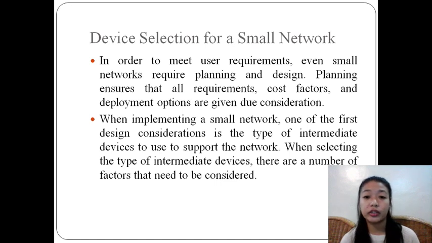Device selection for a small network. In order to meet user requirements, even small networks require planning and design. Planning ensures that all requirements, cost factors, and deployment options are given due consideration. When implementing a small network, one of the first design considerations is the type of intermediate devices to use to support the network. Then, when selecting the type of intermediate devices, there are a number of factors that need to